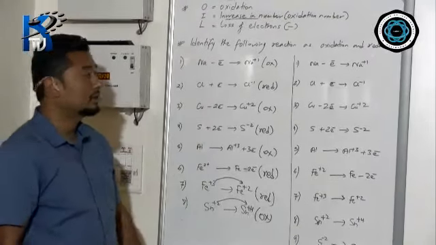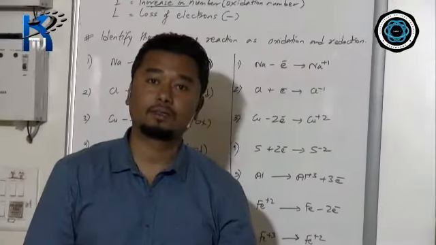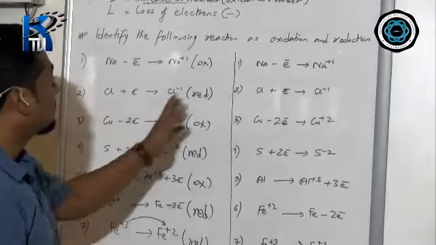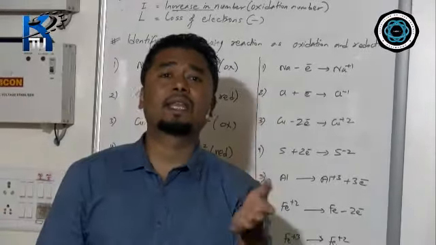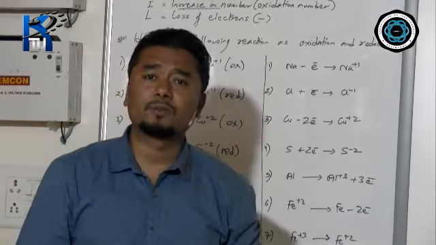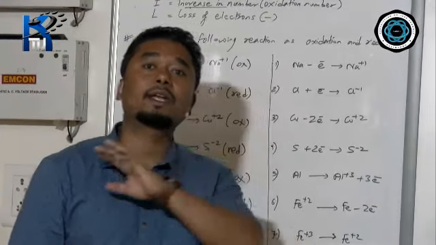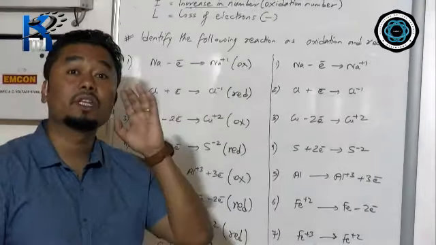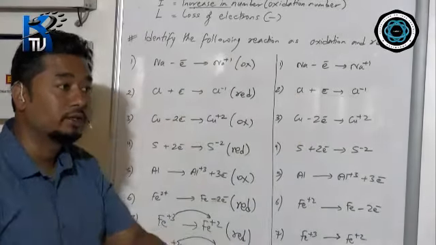This is one method. Now we are going to go to the next method, which is much easier than the first method. Maximum you learn this way, but I am going to teach you the second method now. Students get confused. Sometimes the electron is on the reactant side, sometimes on the product side. So much of a hodgepodge in the mind of students. So to make it easy for you now, forget about everything. Just remember the increase-decrease concept. Whether there is an electron or not, just go with increase-decrease.